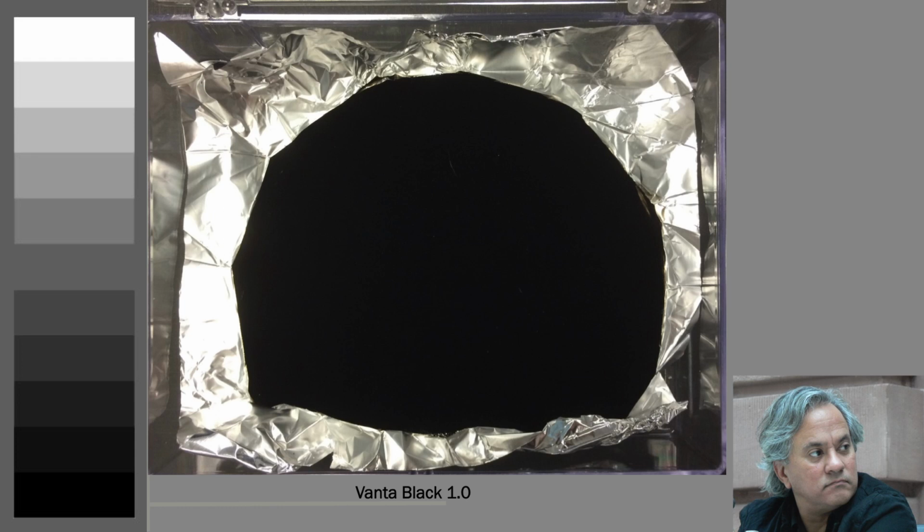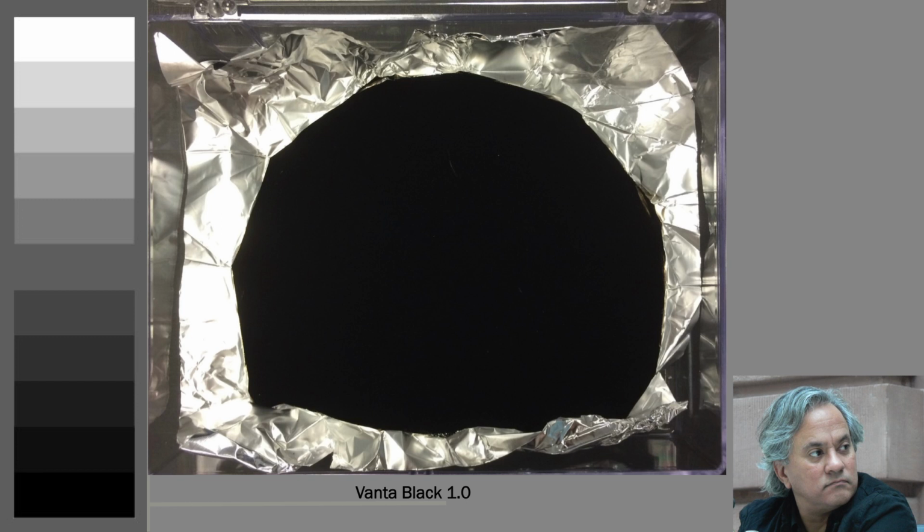Black is incredibly important, as I said before. So everybody was up in arms about this. Why would somebody who just purely, with filthy lucre, buy the world rights to the darkest material ever? We know why he wants to use it, but it should be open to everybody. Now, what happened was when Anish Kapoor bought the world rights to Vanta Black,